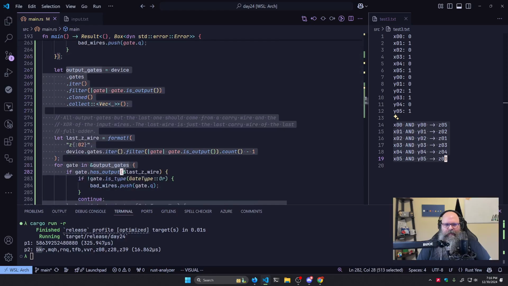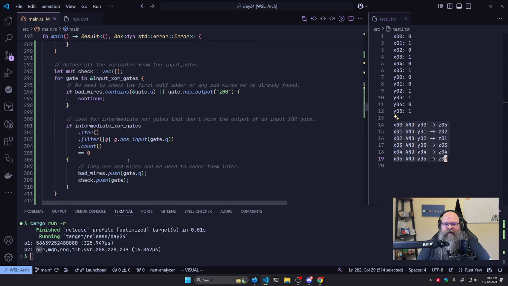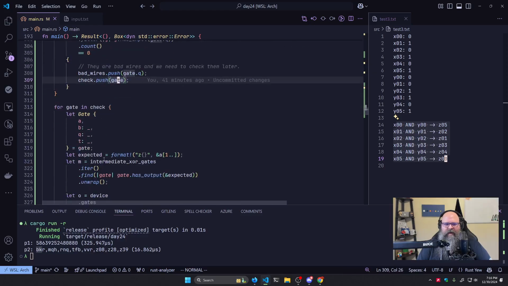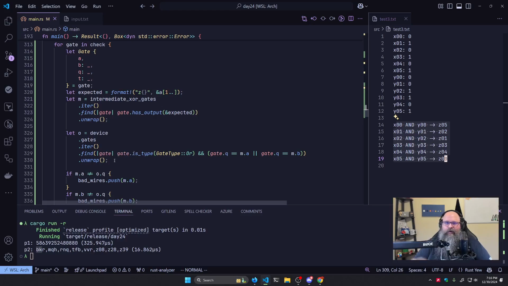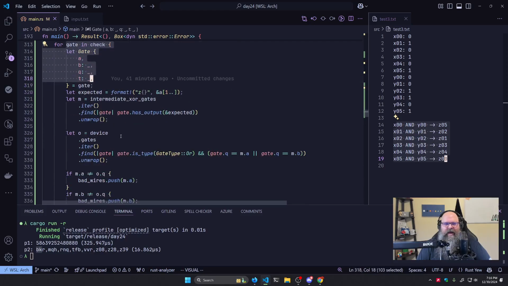And then I asked how many of these are wrong, and it was up to 7 or something like that, or 5. I don't remember. And so I just kept doing that until I got to 8. So again, fair warning, this may not solve your input. I honestly don't know. Anyway, so I know that there's some gates that are bad, and my hope is, can